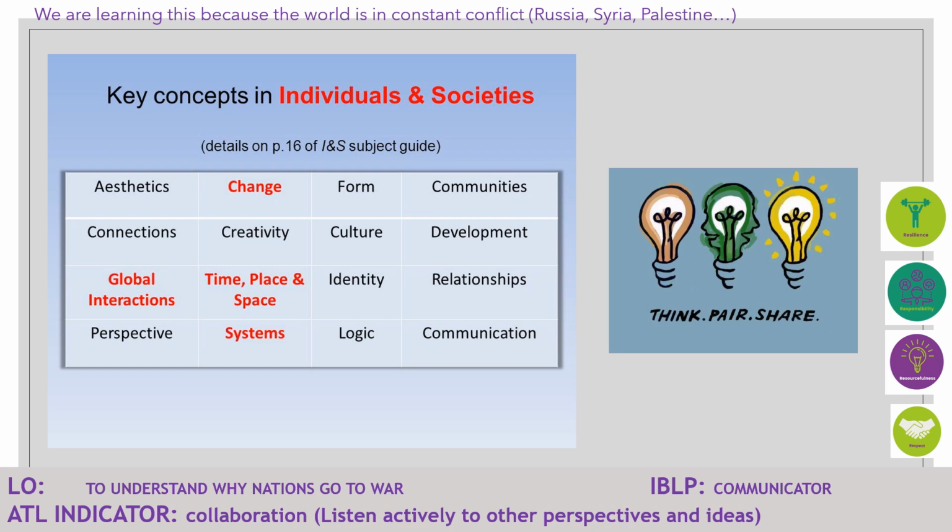So I put this list of the key concepts. In red, you have the key concepts attached to individuals and societies. This is a message for the IB teachers, of course. But even if you're not an IB teacher, you can do this concept-related activity. And the same activity, think, pair, share, but in this case, what you want is to develop collaboration skills. You want them to think